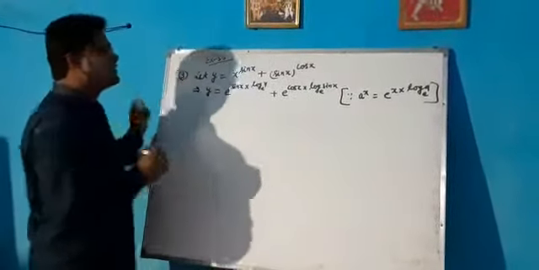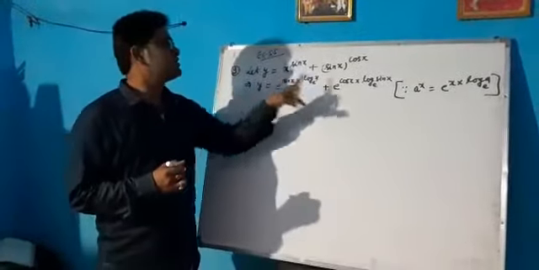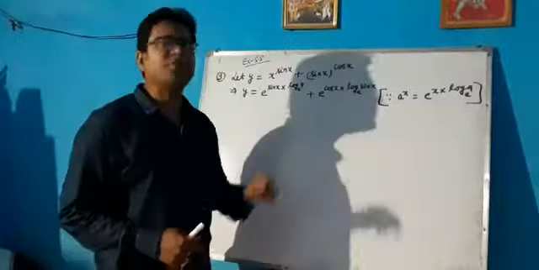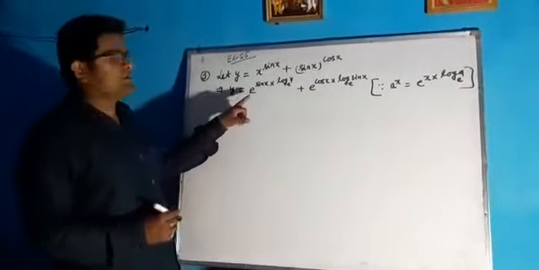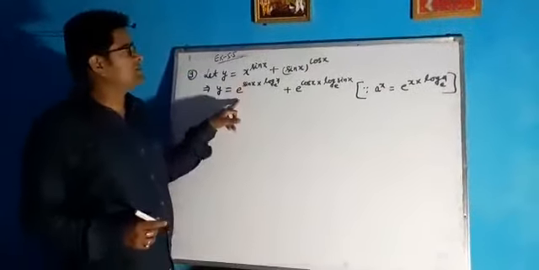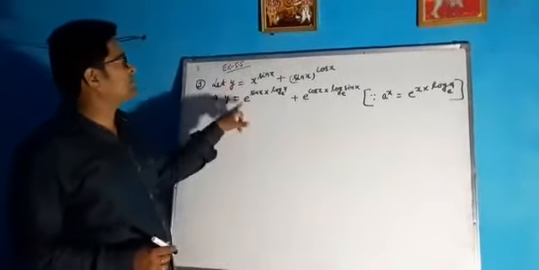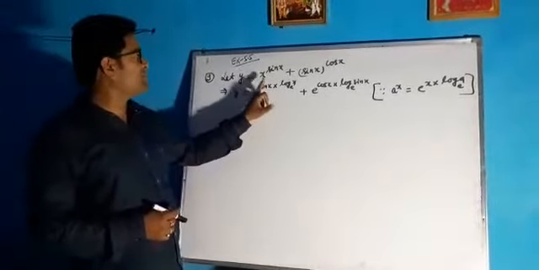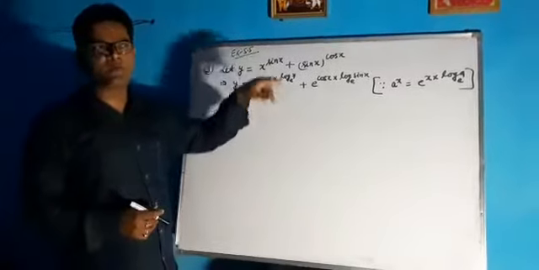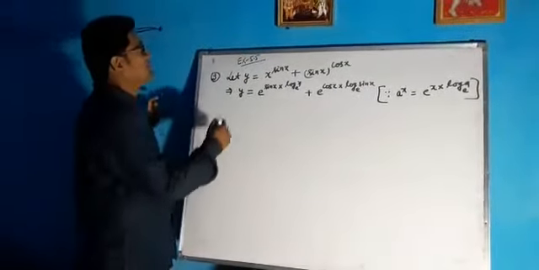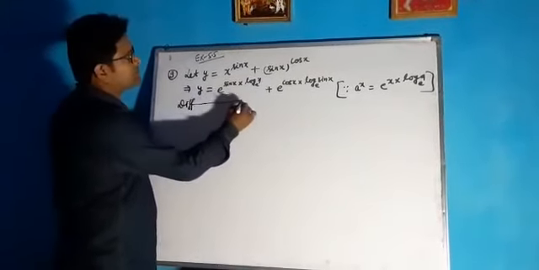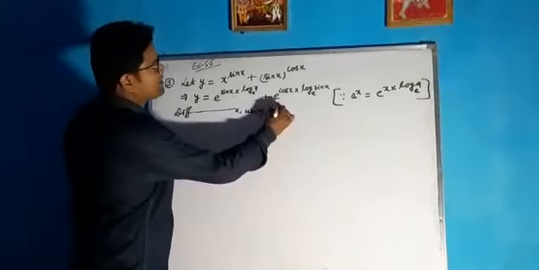So now I have converted this question completely into natural exponential function of x. Now see here, there are product of two functions. You can see here, product of two functions are there. So their product rule will be applied. So I have converted this general exponential function into natural exponential function. Now in natural exponential function, while differentiating it, here it is product form. So this product form should be differentiated with the help of product rule utilized in derivatives. So see this, we have to apply chain rule here also. So differentiating both sides with respect to x using chain rule.